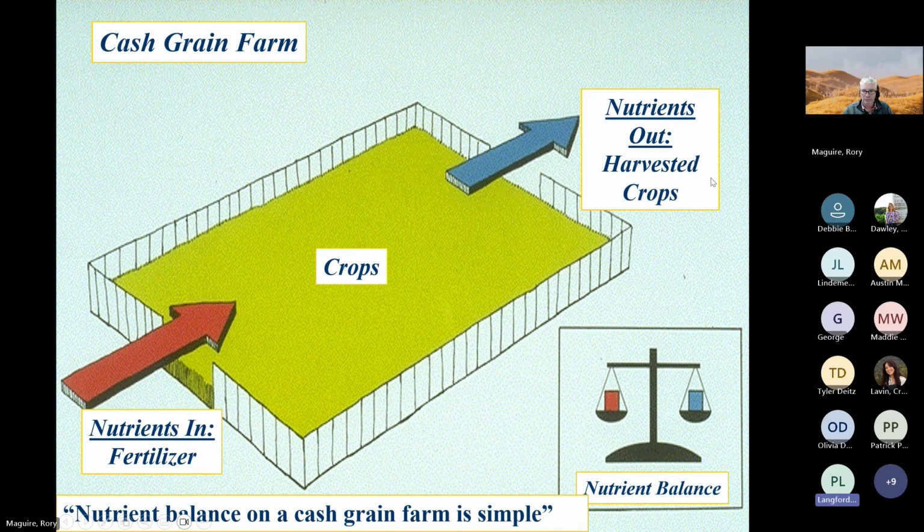You'll have fertilizer going in and then harvested crops going out. And so here you can apply whatever chemical fertilizer you need without having to worry about imbalances. But if you go to the next slide,